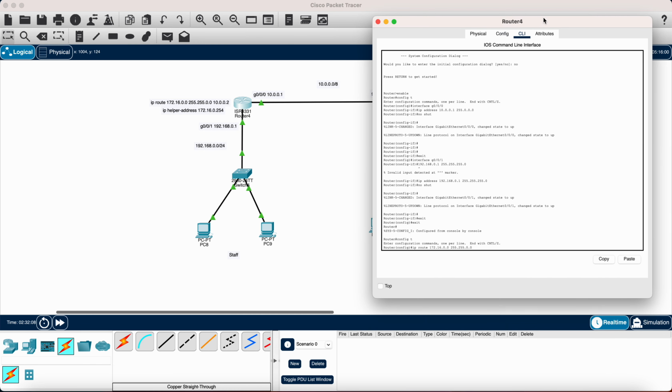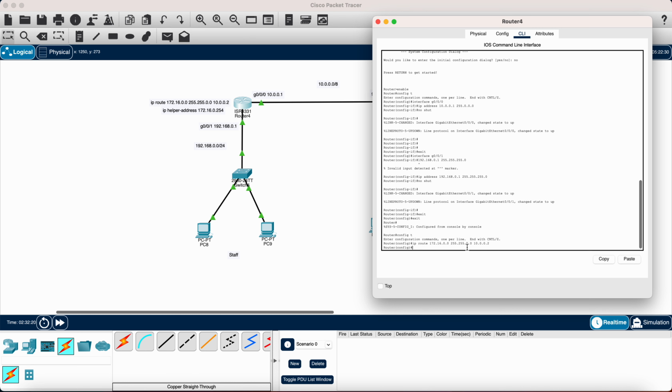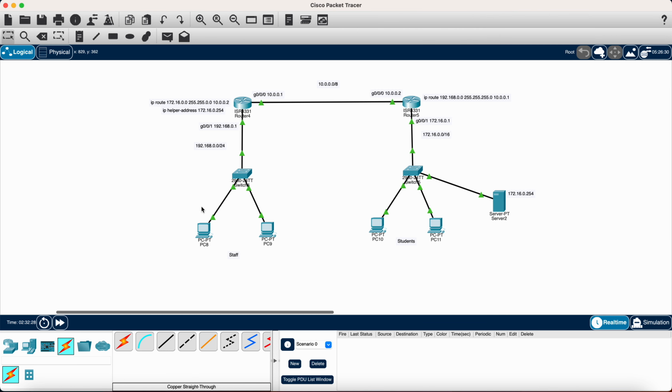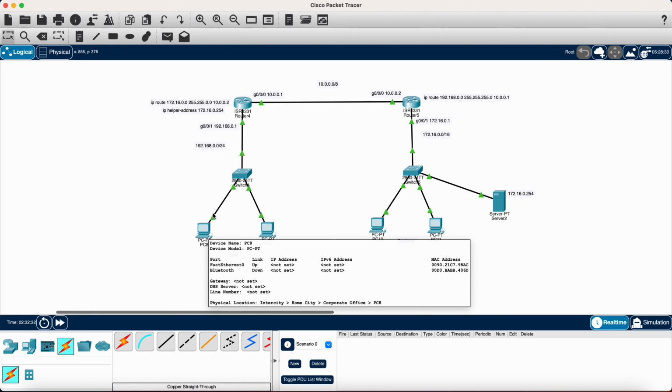That's basically what it's saying. Okay, so you'll add this IP address, 10.0.0.2. Okay, so that's that. Now we need to advise it also that whenever this PC asks for an IP address,